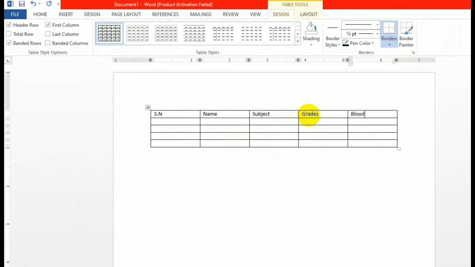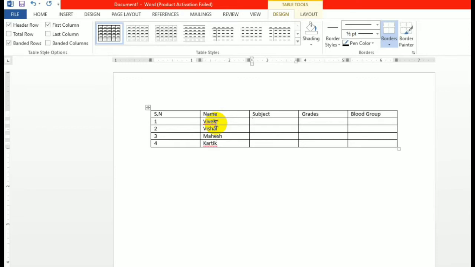Now in this video, you will see how exactly tables can be inserted. Here I am going to insert a table having some columns: serial number, name, subject, grades, and blood group. In this table, I'm inserting my friends' names: Vivek, Vishal, Mahesh, and Karthik.